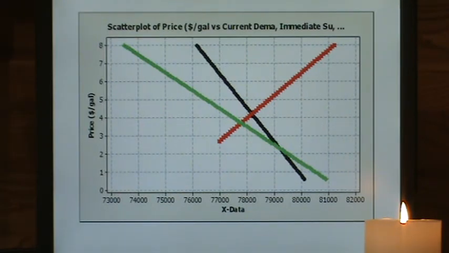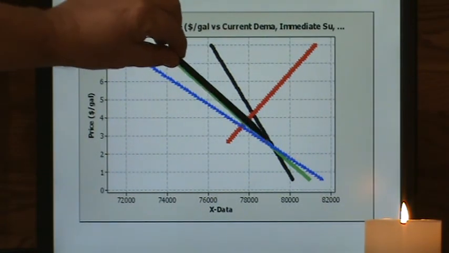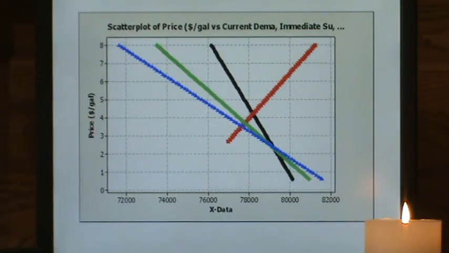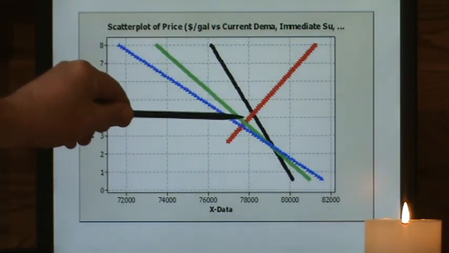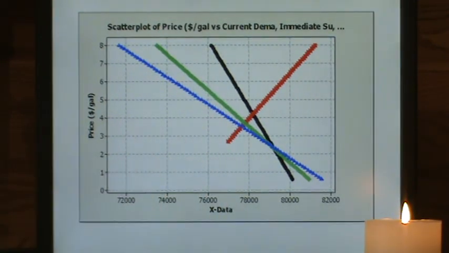What about in the long run, which might be defined as a period between 1 year and 5 years? Now we see that short run demand curve becoming even shallower still in the long run demand curve. In the long run, I may, for example, sell my house and move closer to my place of employment. So rather than having to drive 50 miles each day to commute to work, I only have to travel 5 miles per day. And that causes, again, the price to fall further, and in fact, the amount being consumed to also decrease. And this has got to be good for the American balance of trade deficit and also global warming.